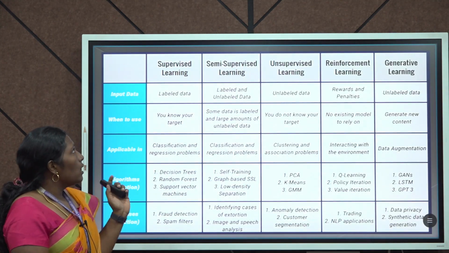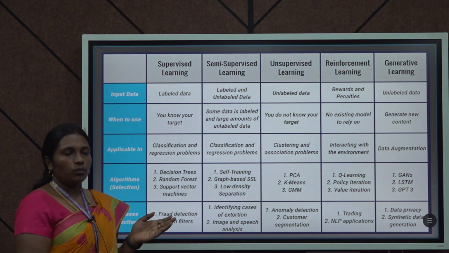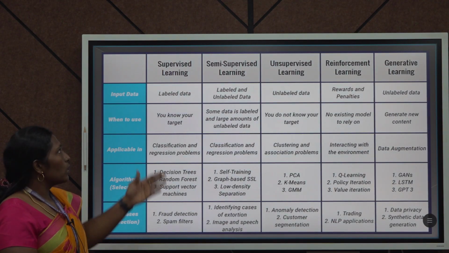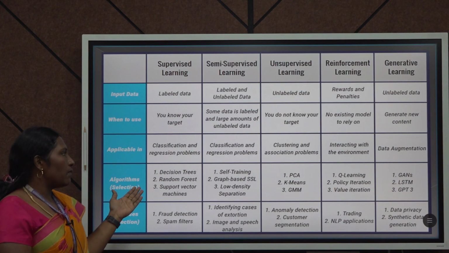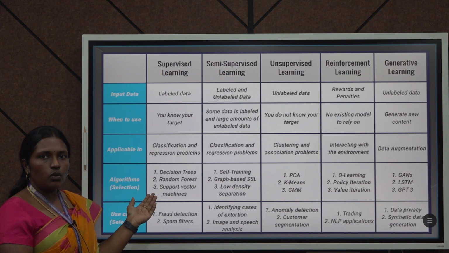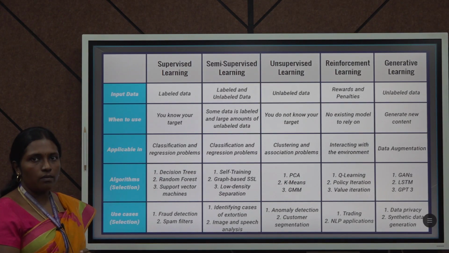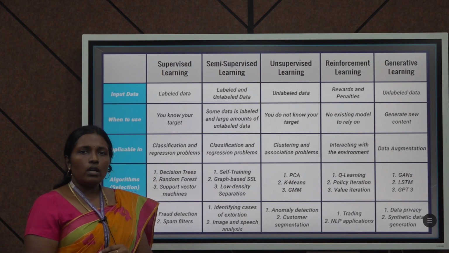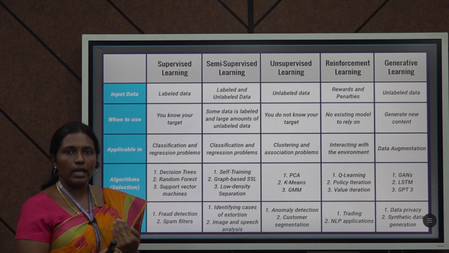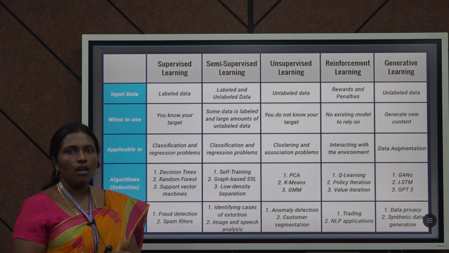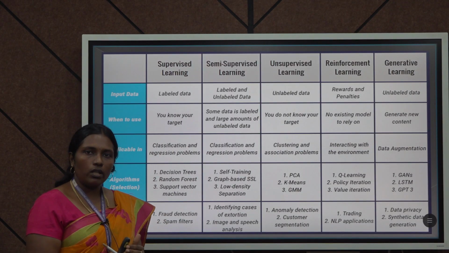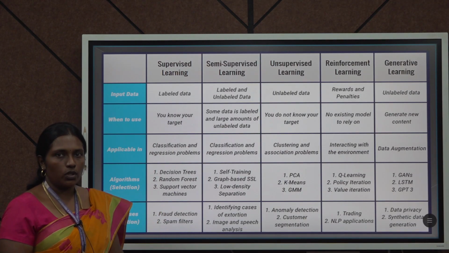As we know, we have plenty of algorithms in each type of learning. From supervised learning, we have decision tree and random forest. Each algorithm is used for particular applications. If we know clearly what we are going to give as an input and what we want to get as an output, we can combine 2 to 3 models, that is 2 to 3 algorithms, and achieve an output.